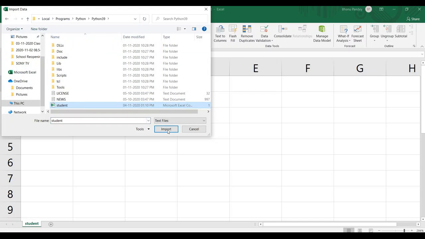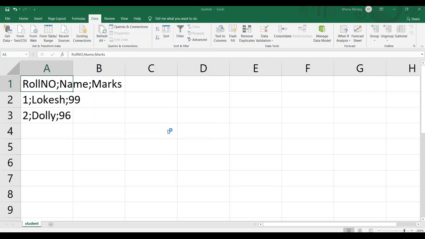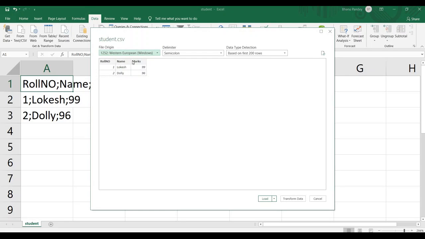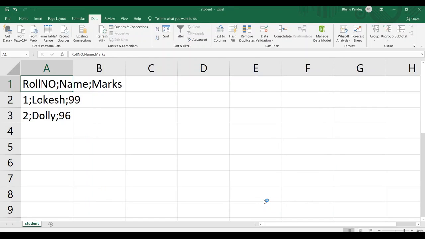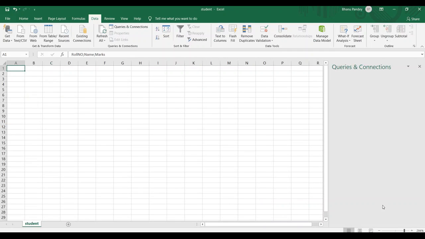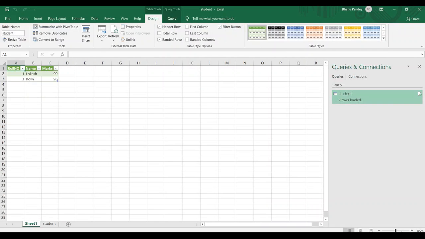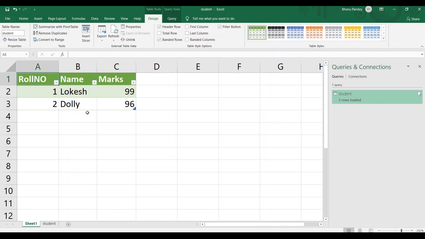Select your file, then click on import, meaning you can easily import or export your CSV file. Now file origin is this, delimiter this time I use semicolon, and in the manner you want to display, in this manner. Yes, click on the load button. Once you click load, you will get your file in a tabular manner.